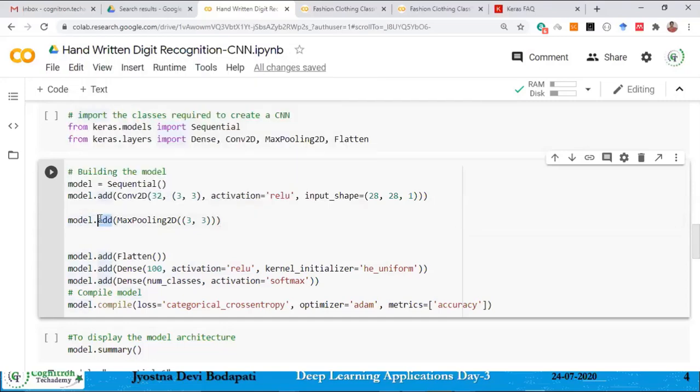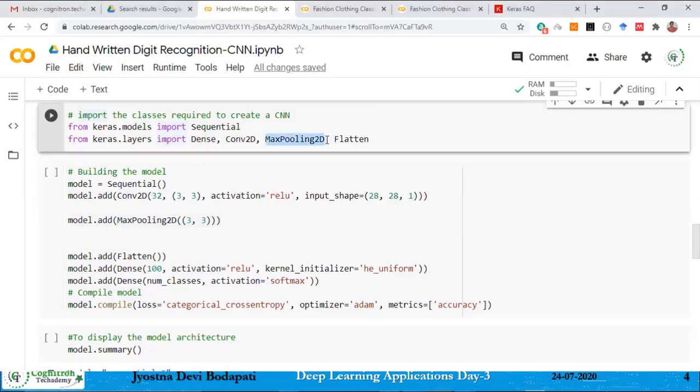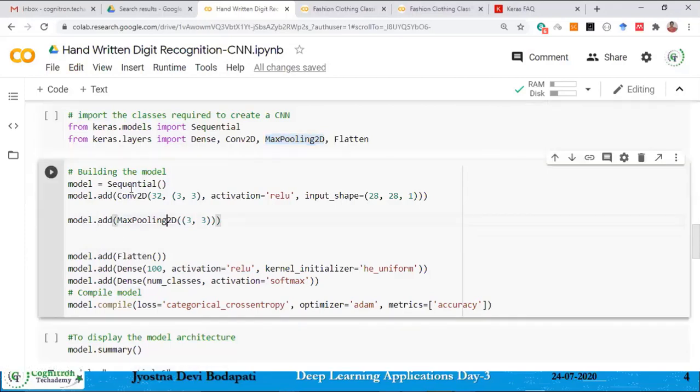Now I am using the same add method, and I'm calling the max pooling 2D layer. Max pooling 2D is another class that I imported already. This is the second layer immediately after the convolution layer.